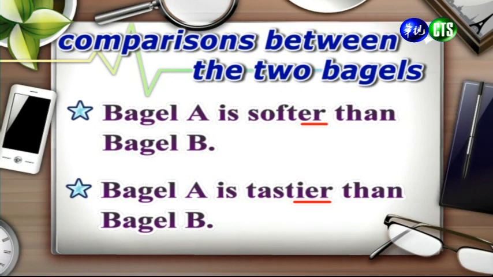And so if we look at the sentence, bagel A is softer than bagel B, we can see we have the adjective soft and we added er to it. 好，我们会发现呢，在这个 Bagel A is softer than Bagel B 这个句子里面，softer 哦，soft 是它的形容词，然后在字尾加上了 er。